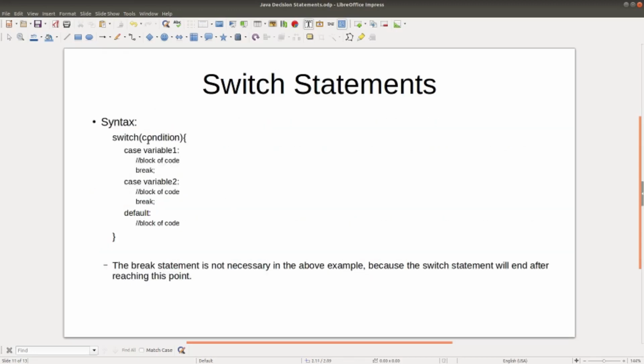And here's the syntax for the switch statement. So we have our switch keyword as well as the condition, similar to the if statement. And then each switch condition is going to have a case, which contains a variable. And within that case is a block of code. And then we optionally break out of the case. And then there's a default, which is optional, which executes a block of code if none of the cases have